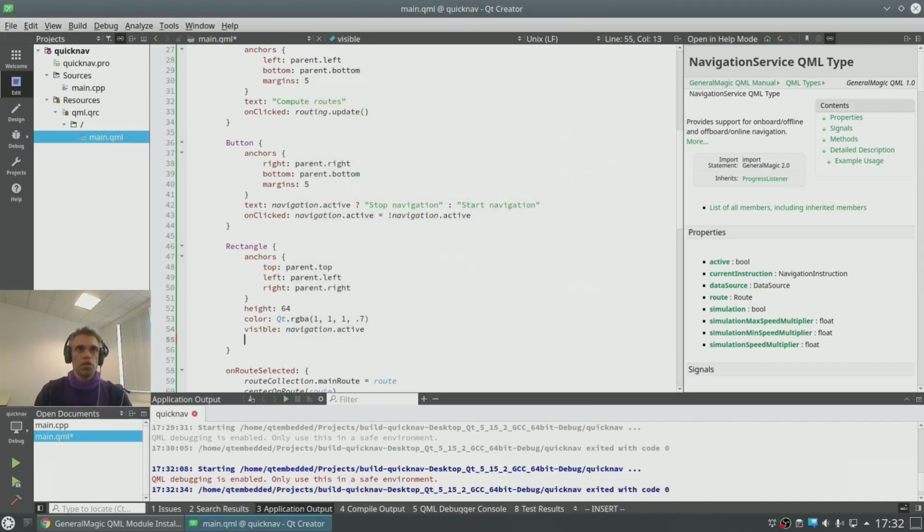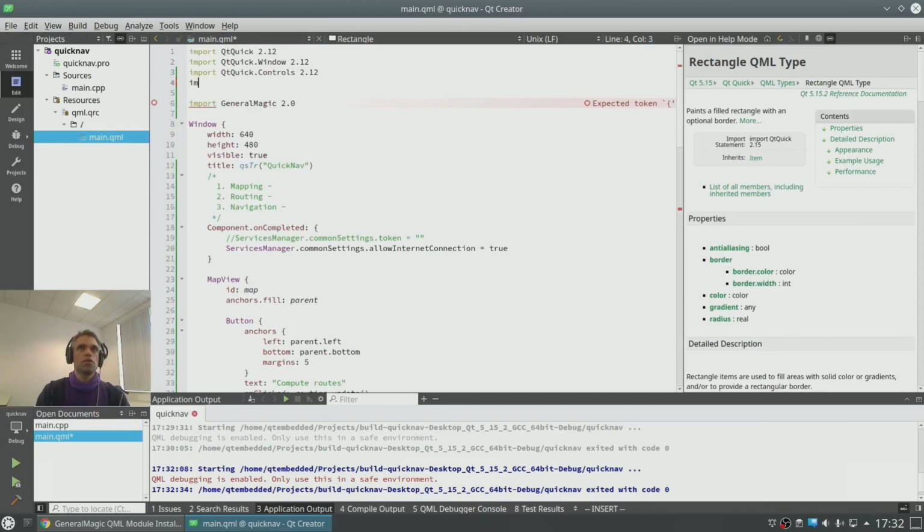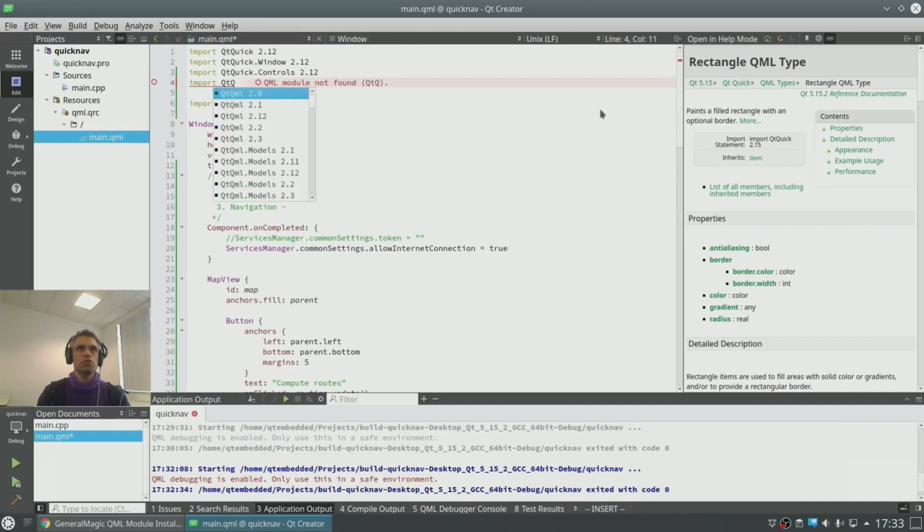So, since we want to put two elements there, we're going to have a row layout, so that they will not be on top of each other, for example. Row layout is not defined, so let's import it. Import quick layouts and just pick the latest one.